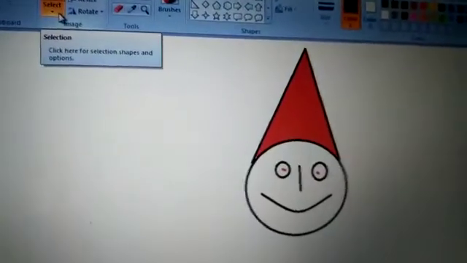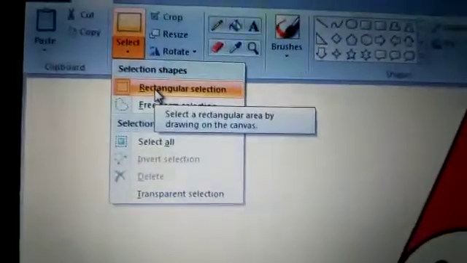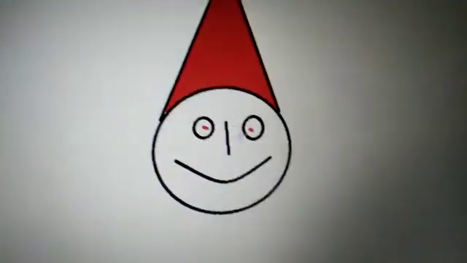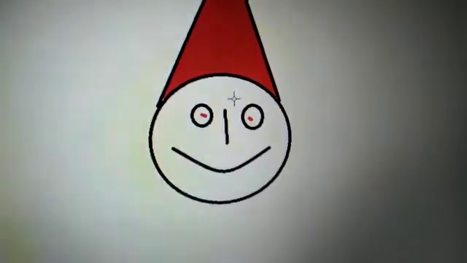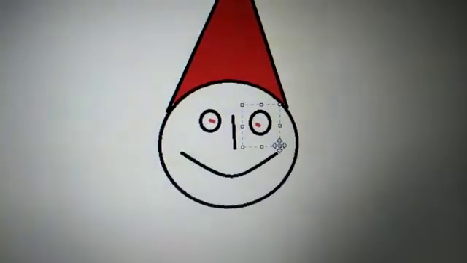Now we have done this on the complete image. Now we can reduce any part of the image also. First, again click on the Select option, then click on the rectangular selection. Now we will resize the eye of the object. Right?